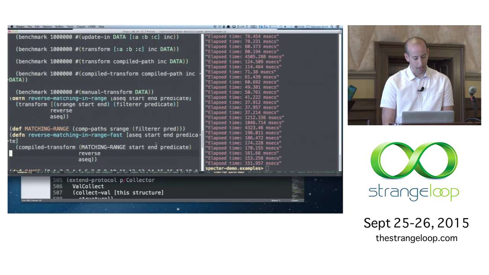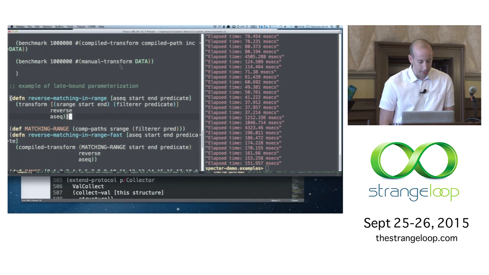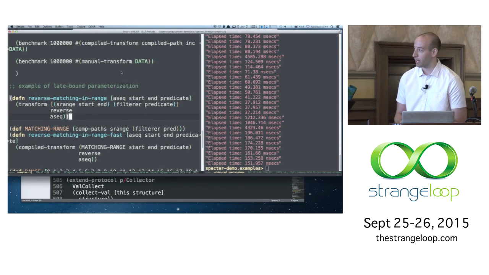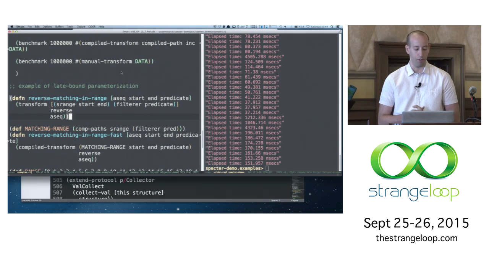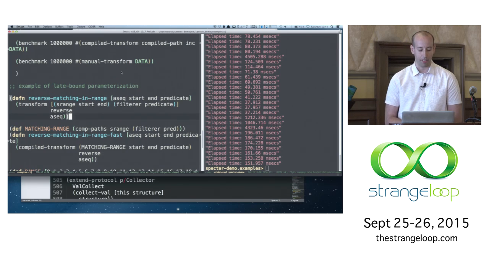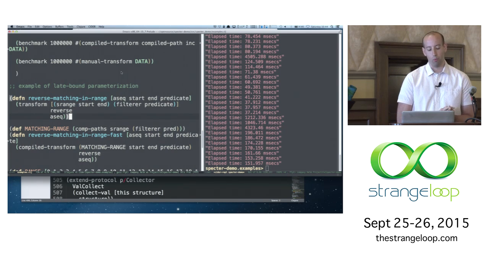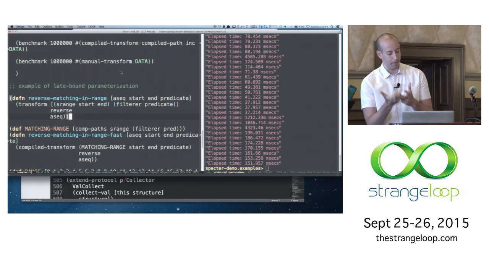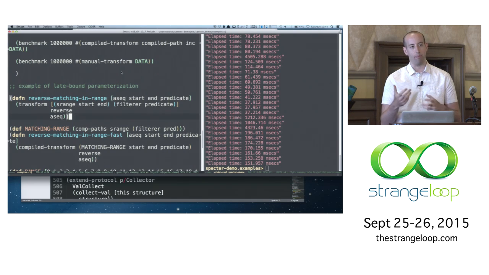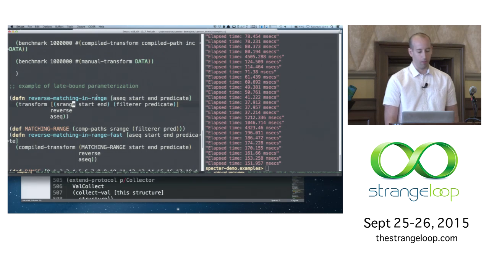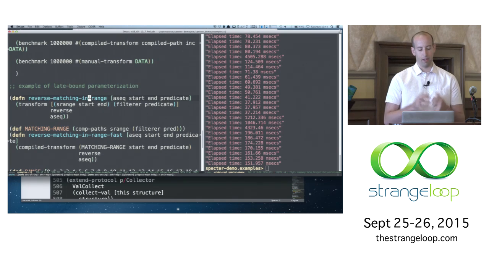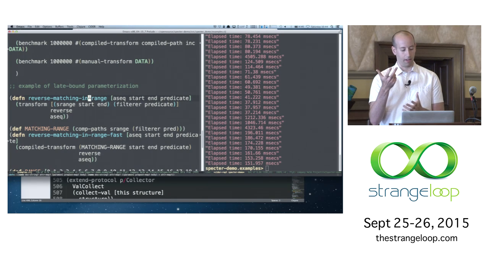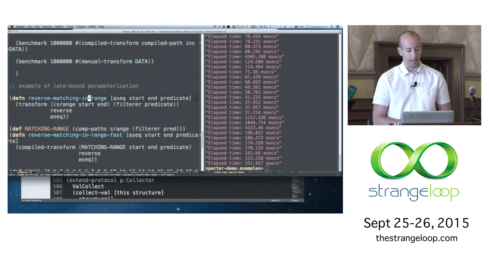All right. Cool. So that's been the story in Spectre for a long time, for many months. A couple weeks ago, Spectre's story got a lot better, because now Spectre can do precompilation in any scenario. And the scenario where it couldn't do precompilation before was where the path that you had depended on parameters in the function that you were in. So for example, if you had a function like this, where let's say we just want to turn that idea of reversing all numbers matching a predicate within a subsequence, like I showed before,